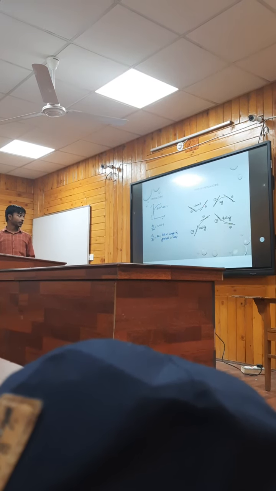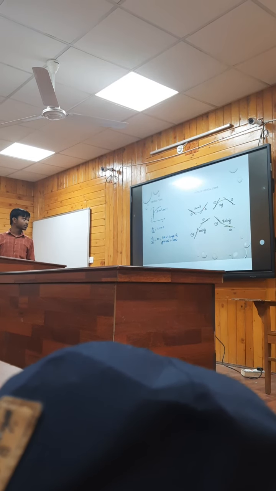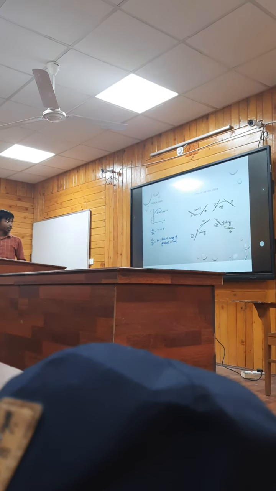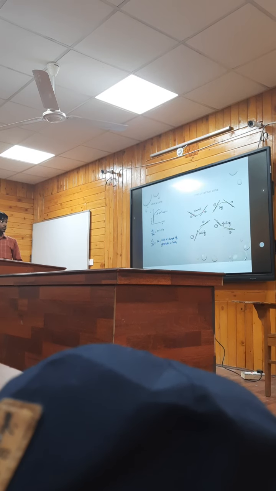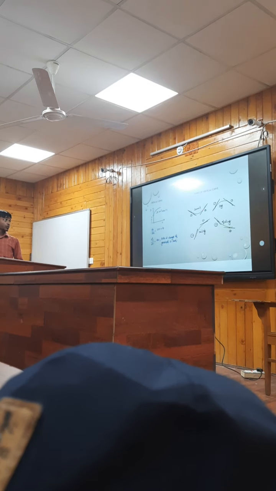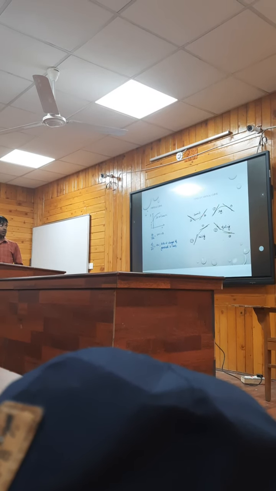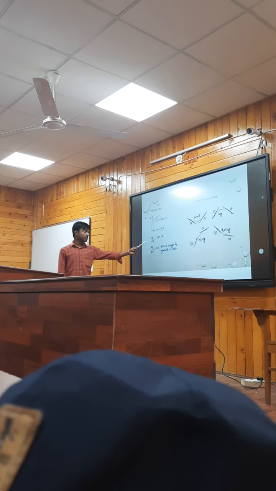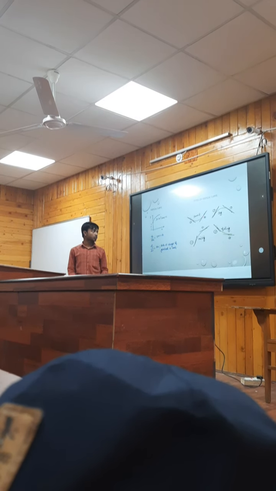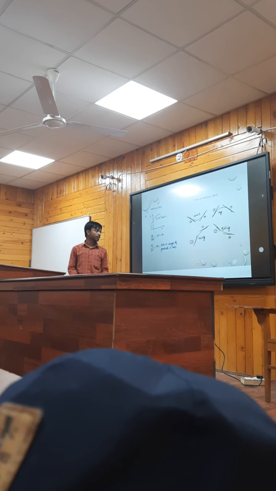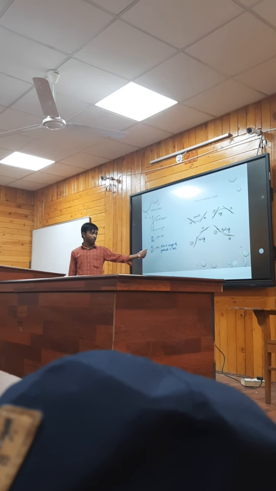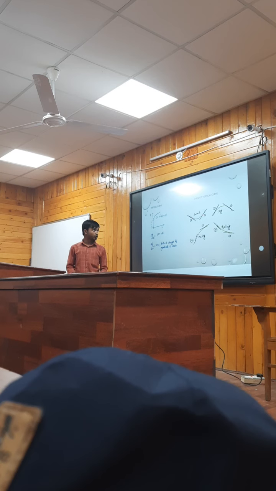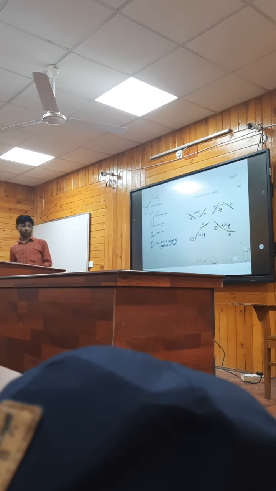And the vertical curve is inserted in the vertical plane. The simplest vertical curve which is used in our day-to-day life, or in the field for practical purposes, is the parabolic curve, whose equation is given by y is equal to a x square plus bx plus c. If you check the slope of this, it equals 2ax plus b, and the second derivative is constant. That's why we prefer this parabolic curve over the circular curve.